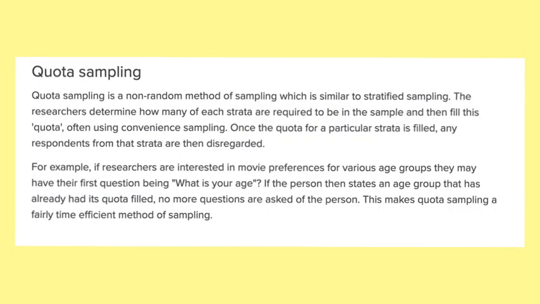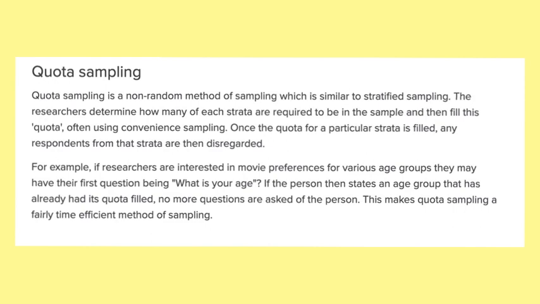Sampling technique 5, quota sampling. Quota sampling is a non-random method of sampling which is similar to stratified sampling. The researchers determine how many of each strata are required to be in the sample and then fill this quota, often using convenience sampling. Once the quota for a particular strata is filled, any respondents from that strata are then